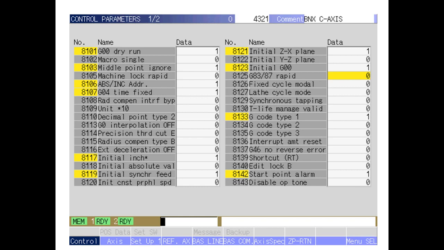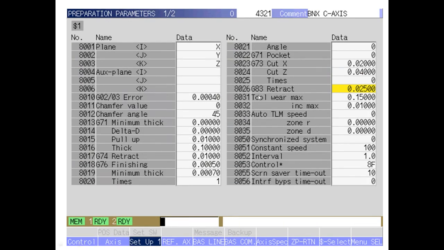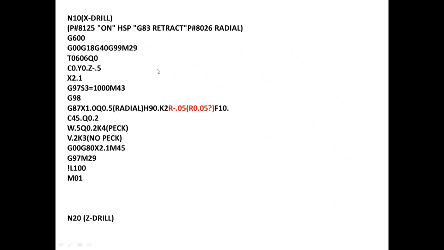It will just retract, depending on the retract amount in parameter 8026. And the Mitsubishi control parameter is a radial value. So that's another difference. The Fanuc side parameter is a diameter. Mitsubishi is a radial value. So